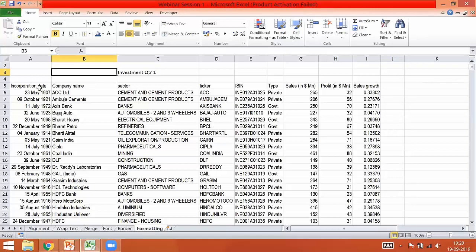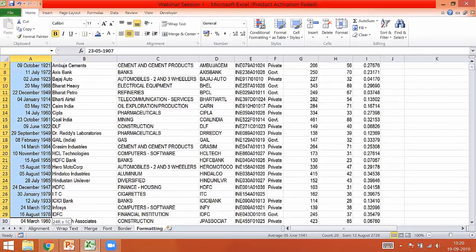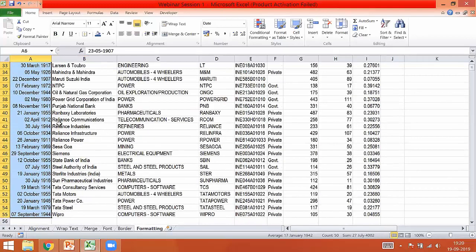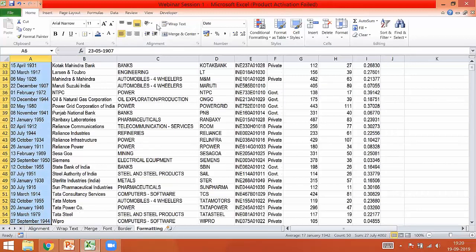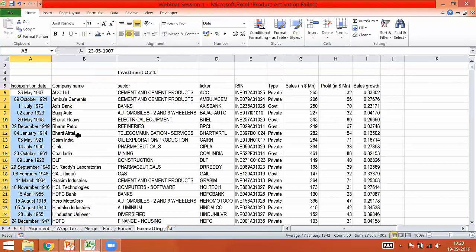First of all, I want this text to be left aligned instead of right aligned. So I can use align left text. Or if you want, you can just do a center align. Whatever style you want, or if there is any requirement from the manager or your professor, you can use either one of them.